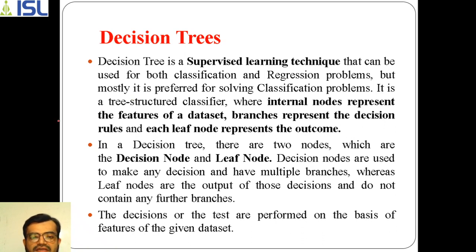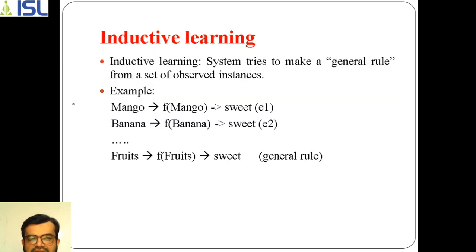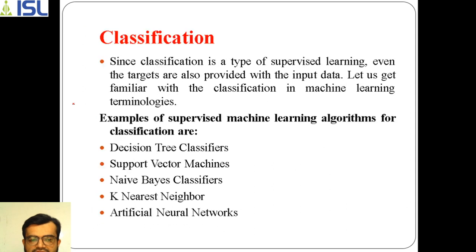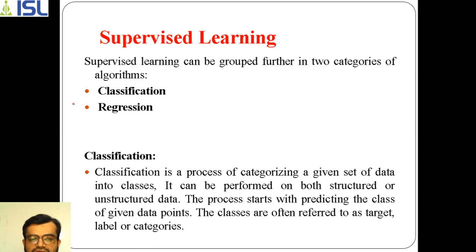Previously we have discussed the basics of the fourth unit. We have discussed the basics of machine learning. In that we have seen supervised learning, unsupervised learning, right? And we have seen what are the things which are covered in supervised learning and unsupervised learning. As I said in the previous class, decision tree is one part of your classification problem. It will come under the classification category of supervised learning.